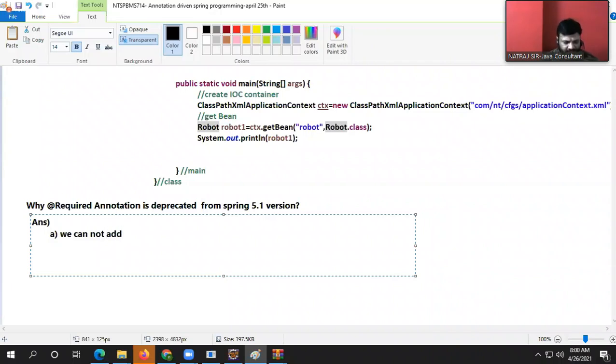We cannot add @Required on a setter method. Come on, guys. If the setter methods are generated using Lombok API, number two, using @Required,